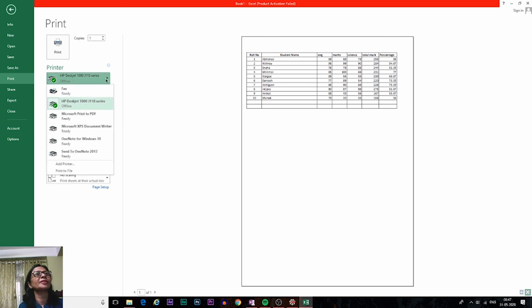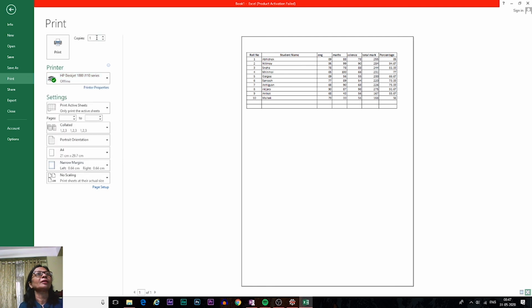You can add many more options according to your printer. Then the settings, print active sheets. Here the active sheet is this one, so we need to print only the active sheet. Pages are not given because only 1 page is there. After that we will print it.